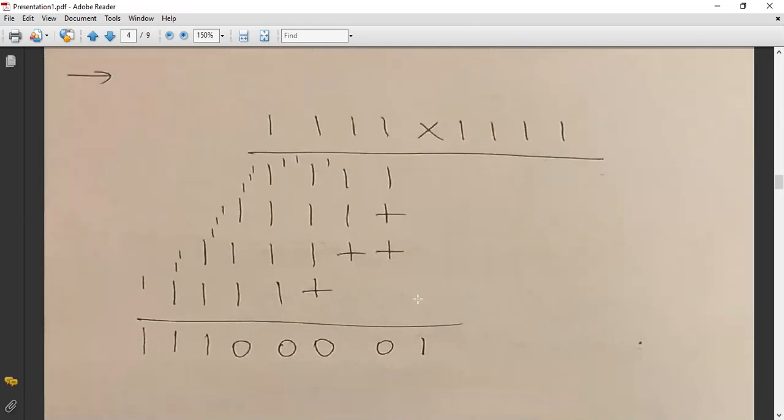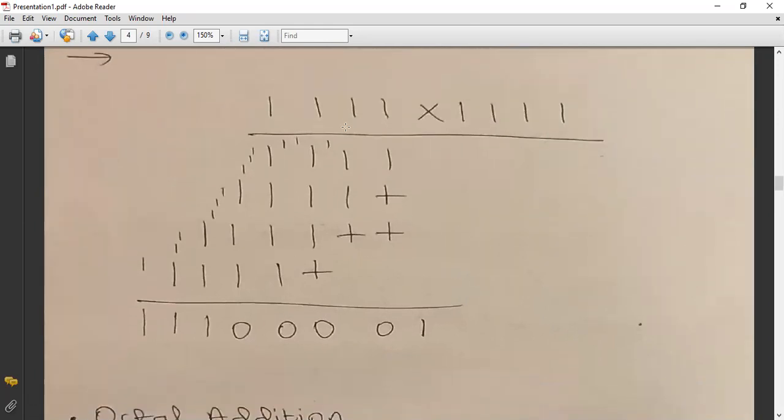Okay. Now what we need to do is add these numbers. Fine. So the first 1 will be written as it is. Now let us go further. 1 plus 1 is 0, and carry over 1. Now let us begin the further addition. 1 plus 1 is 0, carry over 1. 0 plus 1 is 1, and 1 plus 1 is 0. Carry over 1. So 2 carries for the next step, and here the answer is 0.